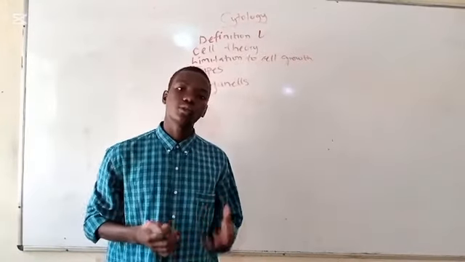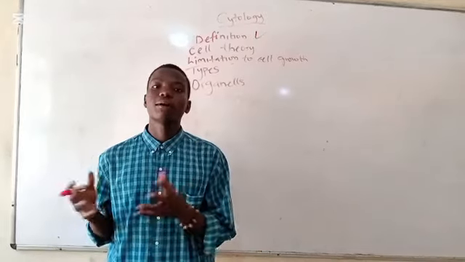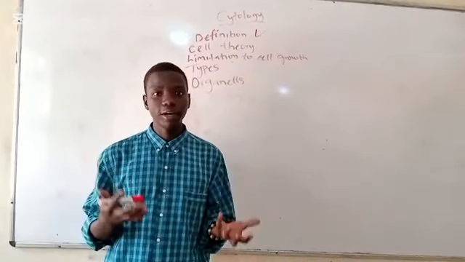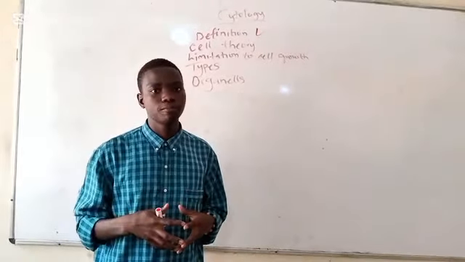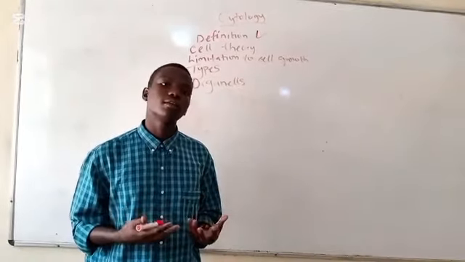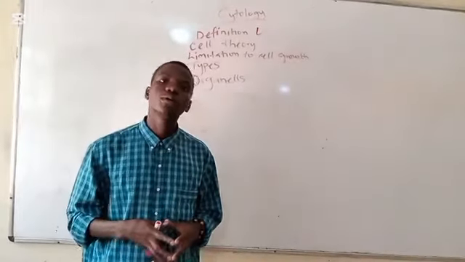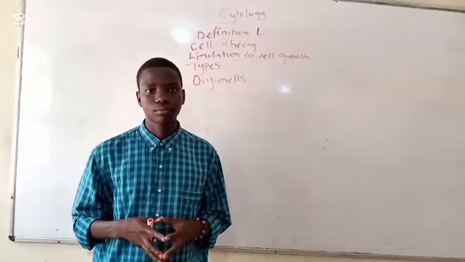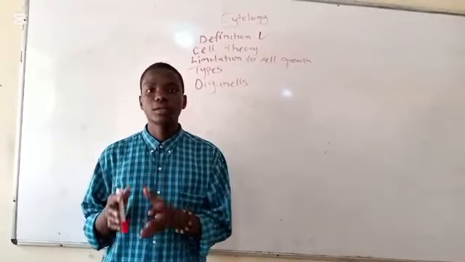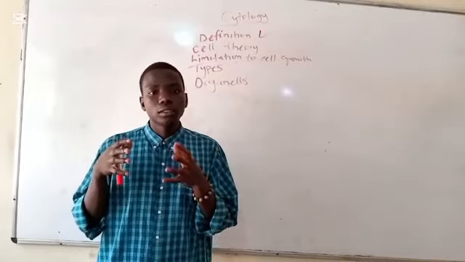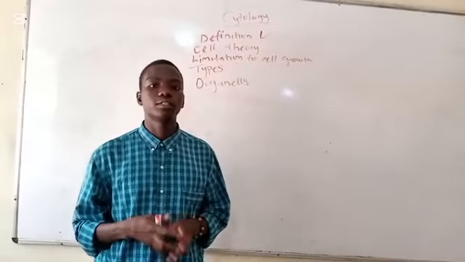The next thing I would like to talk about is the cell theory. Now, before talking about the cell theory, I would like to refer back to how this cell as a scientific discipline came into play. Now, the idea of cell or the publishment on cell was first done by Robert Hooke in the year 1665. So, Robert Hooke was the first person to make an observation or to publish articles that were related to cell, and he is referred to as the father of cell.